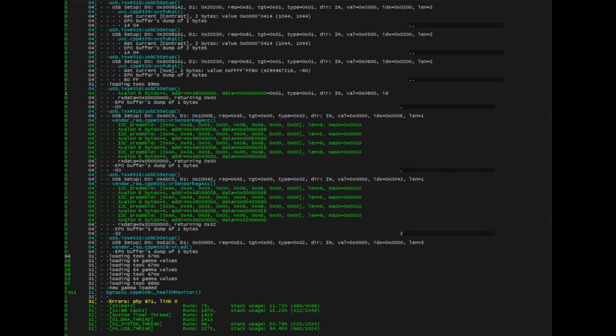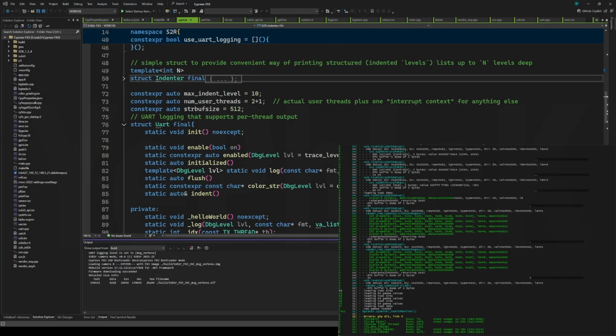So this is mostly the final stage. At the end of these videos, what we're going to be looking at is this kind of setup. And one last thing about that is, on top of the setup, I will be talking about the custom framework code that I developed, which, as I hinted already, has tracing and profiling with stack depth monitoring and health reporting. There is a specialized printf, because it turns out that the standard library printf, mostly because it